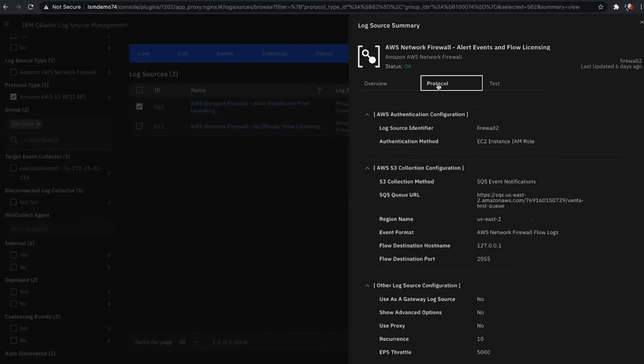Now this test setup here is actually a test setup in AWS already. So one of the things that comes from having your deployment in AWS, or at least the event collector within an AWS environment, is that we get an additional benefit from security credentials, in that you can assign the permissions to the EC2 instance rather than having to use keys. So in this case here, you can see I'm actually using the EC2 instance IAM role for my authentication. I don't have any keys set up here. So that's a huge advantage to having at least a point of presence in Amazon, but as mentioned before, is not required. And then we've set up which queue the data contains the new file notifications,